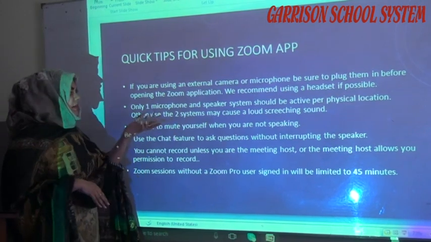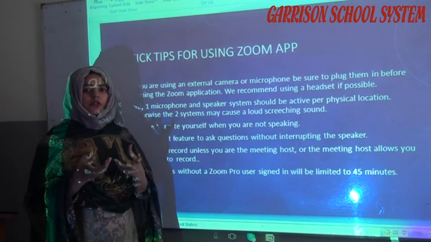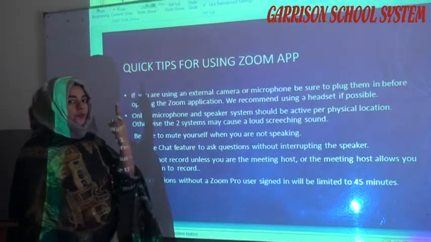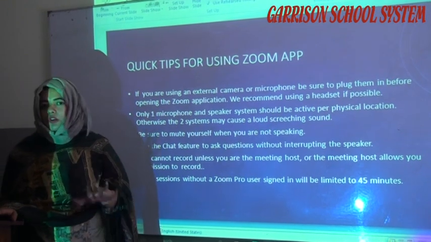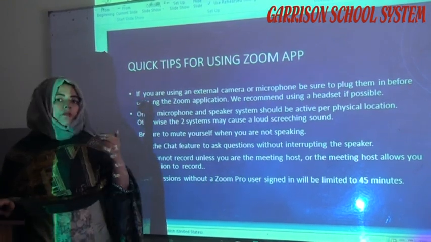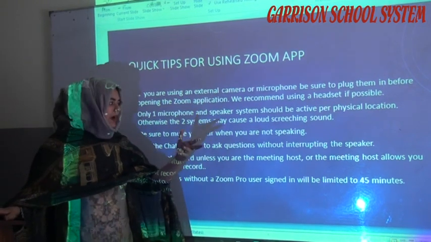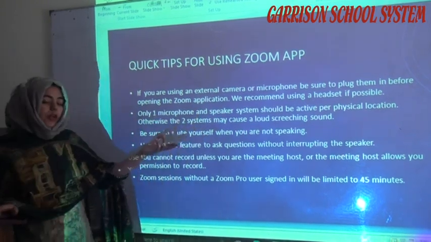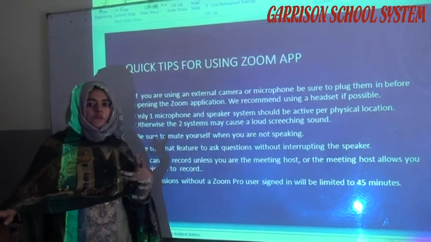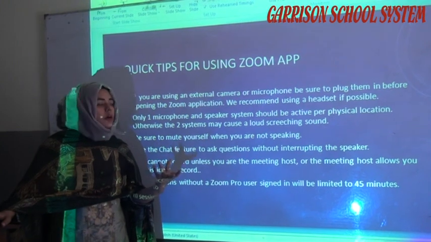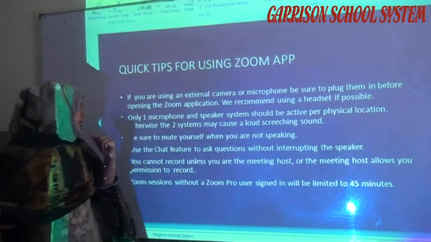And please don't connect that thing to a speaker or a loud button. One thing can process at one time. For example, if there is one microphone in your phone, so only that will work. You don't have to connect that to a speaker or some other systems. Because if you attach anything else to it, there will be a lot of screeching and distortion kind of sound in that thing.